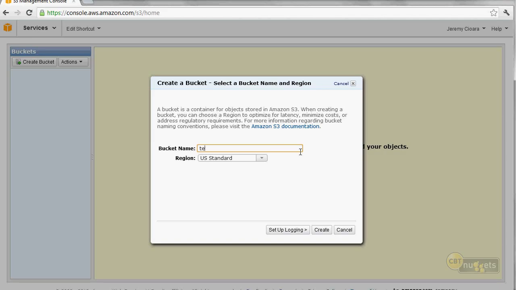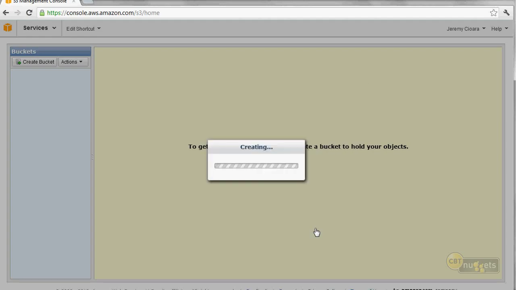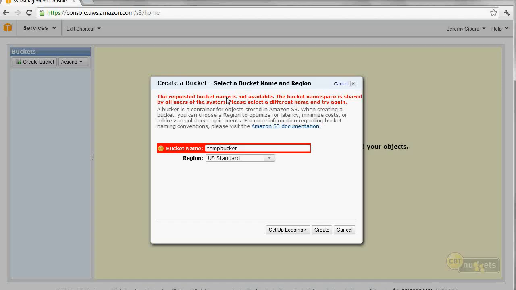Let me show you this. I'm going to do temp bucket. Notice we have our region. Where do you want this bucket at? I'll just use US standard and hit create. Now I'm going to get an error message, I figured, because it says that bucket is not available. The bucket namespace, here's the key, the bucket namespace is shared by all users of the system. Wow. That means your bucket has to be unique from everybody else's bucket in the